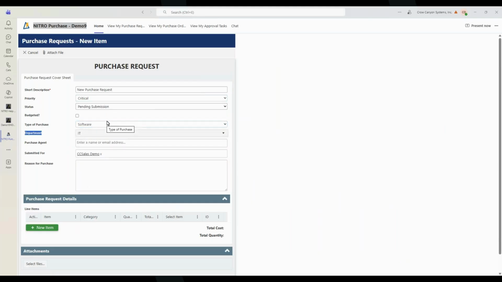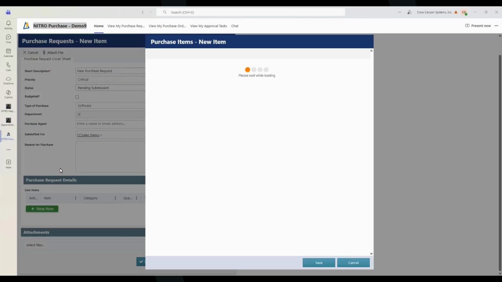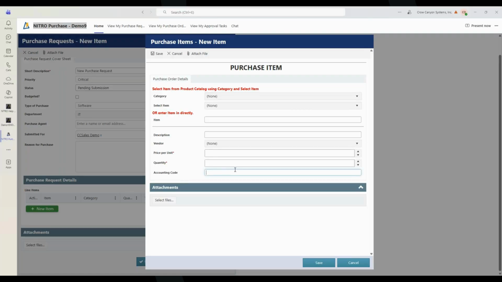Maybe we're crawling Active Directory to find the manager of that particular department. Maybe who's submitting it, and then finally the items being purchased, the accounting code being purchased, or maybe just the total cost. Right? So all of these are on this form, these parent form, or these two forms,